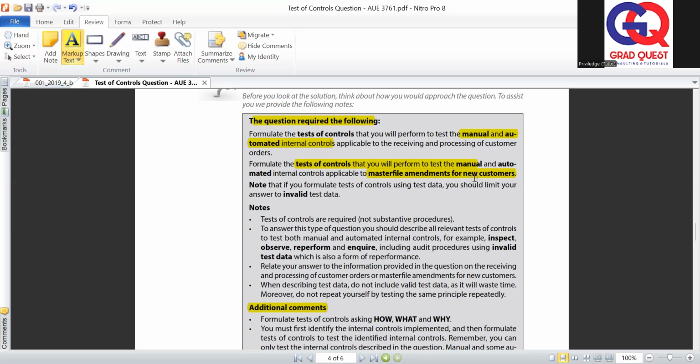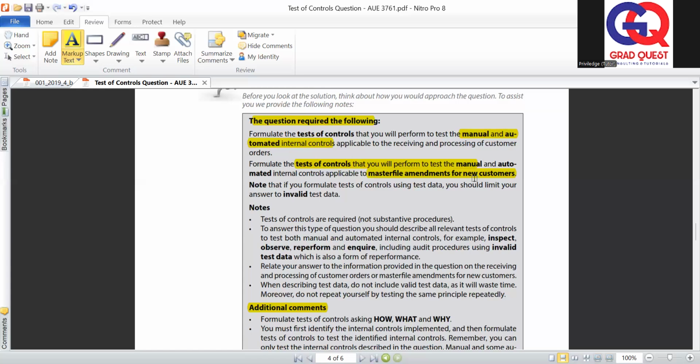So for instance, especially if it's a credit sale that the organization is performing, they need to have a master file containing the details of their customers, maybe a customer number or a customer code of some sort, so that they can easily trace a particular customer's details contained within the system.